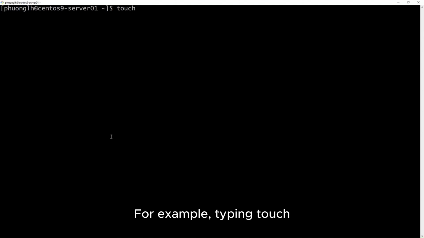If you want to create a new empty file, you can use the touch command followed by the file name. For example, typing touch notes.txt will create an empty file called notes.txt.